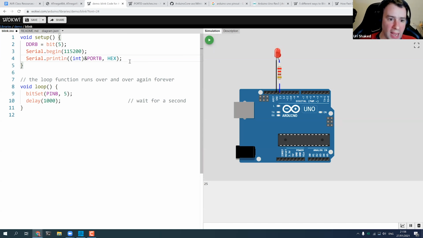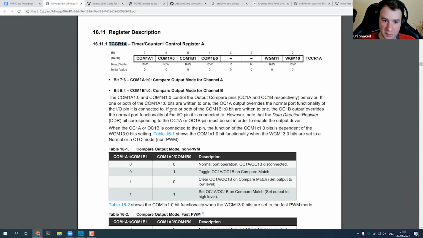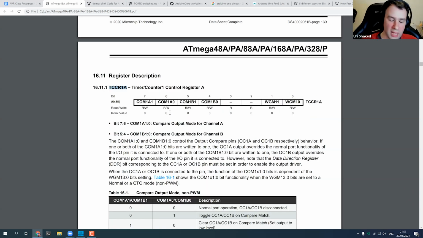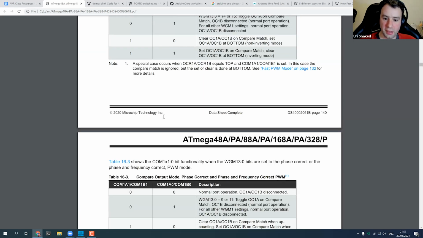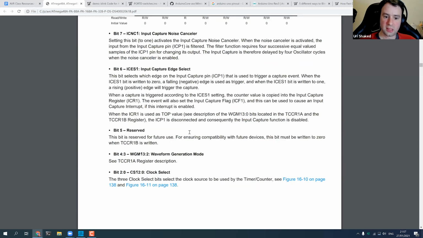I won't go into all the details because you can find them in the datasheet. But we have this delay here, and I'm going to replace the entire loop with a timer that will do this for me. We are going to use TCCR1, and configure the timer so that it goes up by 1 every 256 clock cycles.